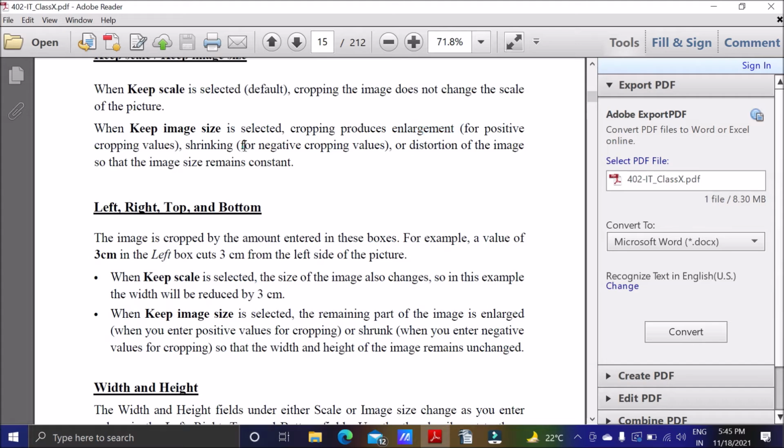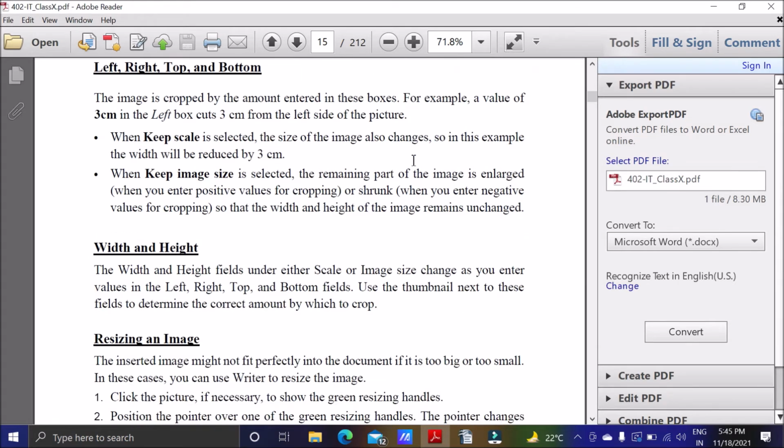If you go for a negative value, means if you want to increase the size, then it will shrink the image to keep the same size, means the size of the image is not going to change. The image size will remain constant.